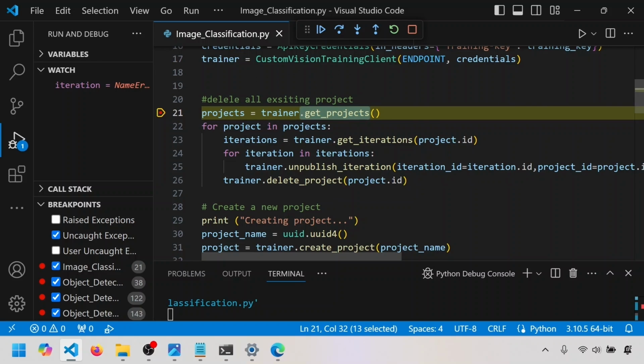trainer.getProject, trainer.getIterations, trainer.unpublishIteration. So the first thing I started to try is looking at the documentation. And unfortunately, the documentation was not very easy to find, at least at the point in time which I searched for it. What is the next thing I can do? I'm sure if I search enough, I may get the